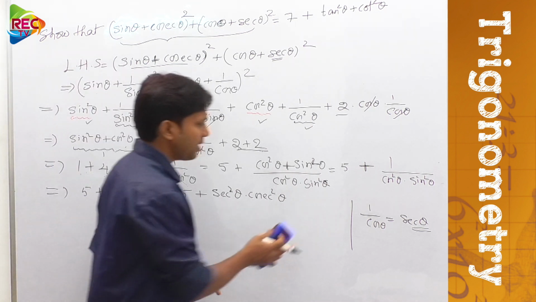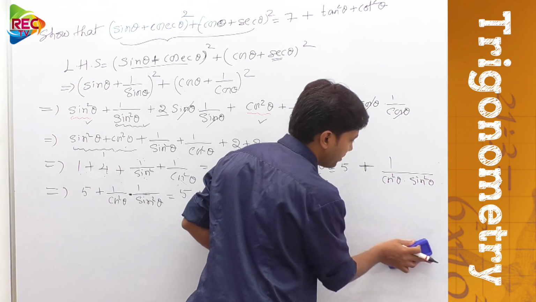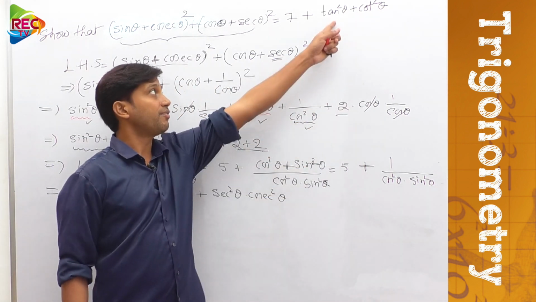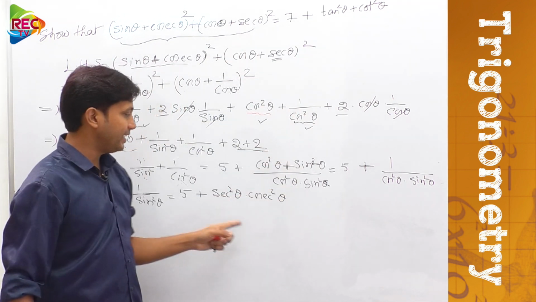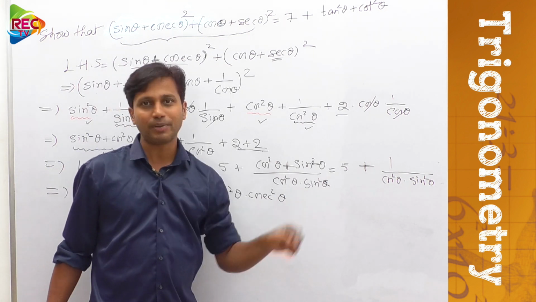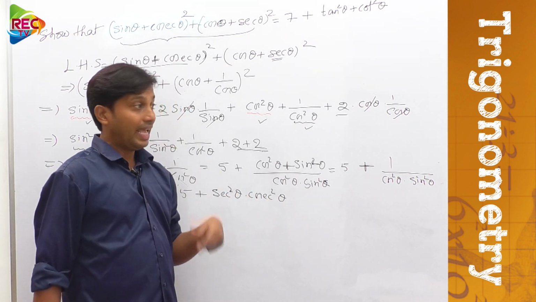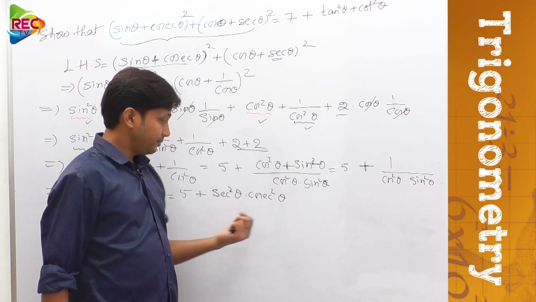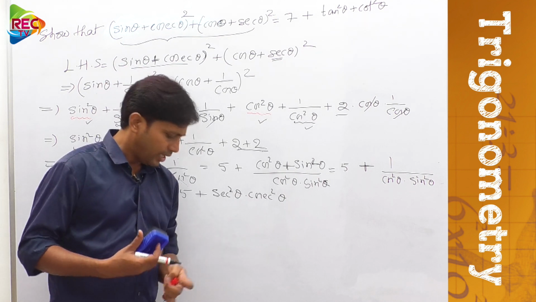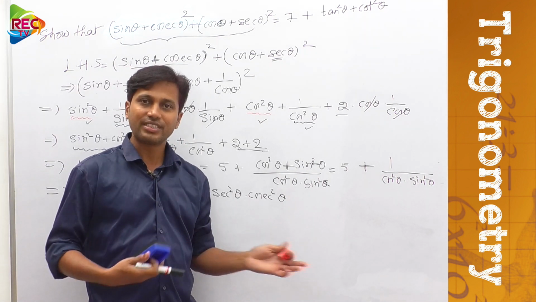Okay, I think it is somehow simplified, but I think we didn't get the final answer. Why? Because the final answer should be obtained in terms of tan and cot, but we obtained it here in terms of secant and cosecant. So that means it is still not completed. We need to do some further simplification. Again you need to go on to trigonometric identities only. Those 3 identities, we don't need to use many more. Only by using those 3 identities we can simplify this.